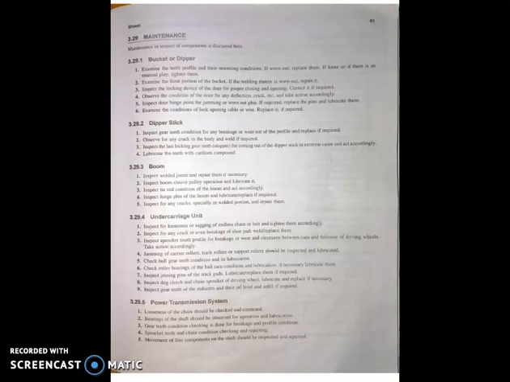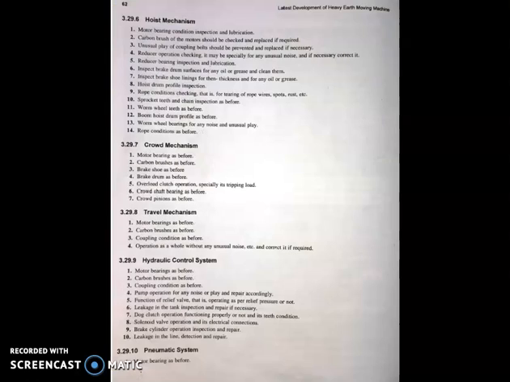After this, we will go for the maintenance. Maintenance is required for everything, and here also maintenance is important. There are different parts, and the different parts will be maintained in different ways. That is the bucket or dipper maintenance, dipper stick maintenance, boom maintenance, undercarriage unit maintenance, power transmission system maintenance, hoist mechanism maintenance, crowd mechanism maintenance, travel mechanism maintenance, hydraulic